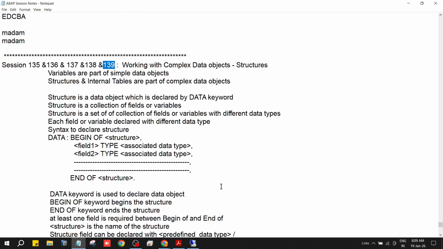Just like so, quick revision. We have done with the introduction as well as architecture, then dictionary. So basics are over. The second complex day is dealing with exploring of complex data objects. So first one is structure, second one is internal tables. Why it is named as complex means we are going to handle the different data